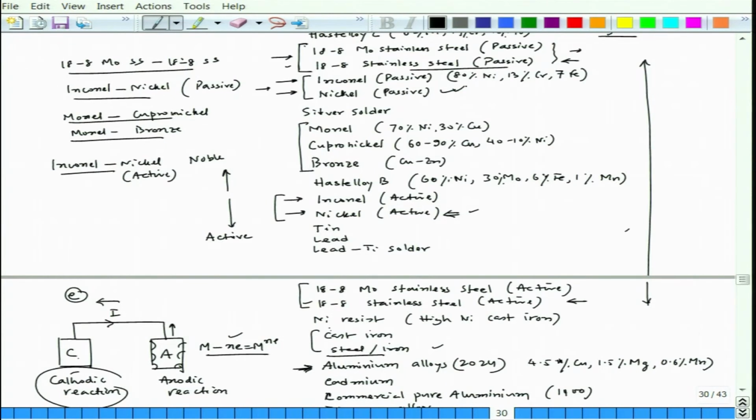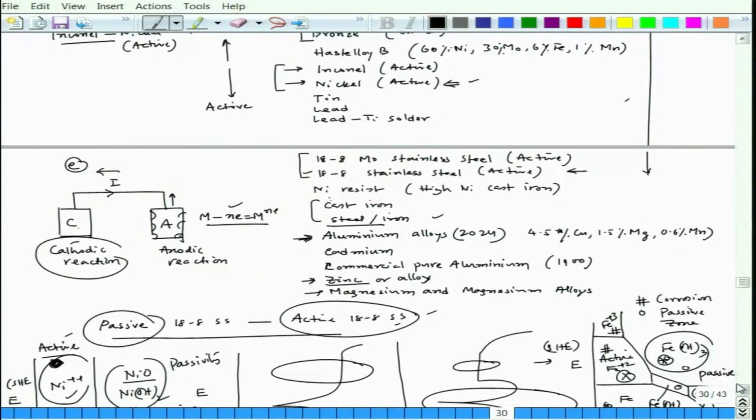Okay. So, if you have nickel passive and nickel active in combination, the nickel active will corrode heavily because they are staying quite far apart in that galvanic series. So, that is the implication of active and passive, what is written in the bracket against some metals and alloys. Same metal, if it is active it will stay further below, and if it is passive it will stay further above, and the one further above will act as cathode and as a noble metal.